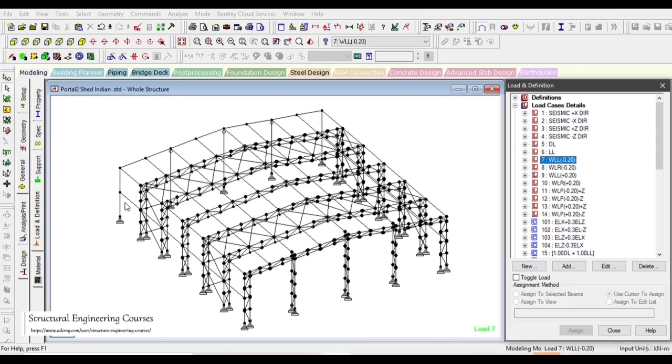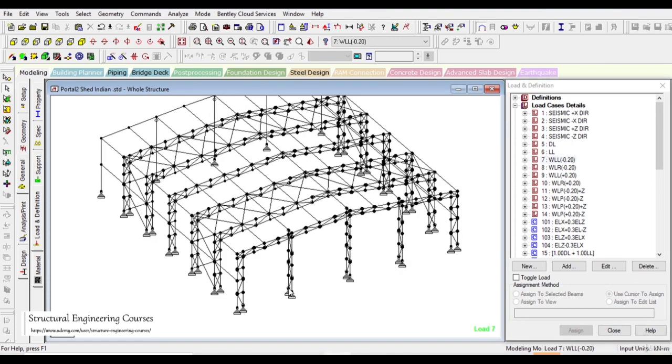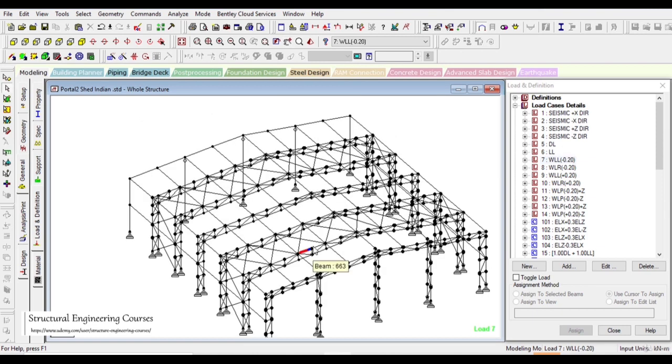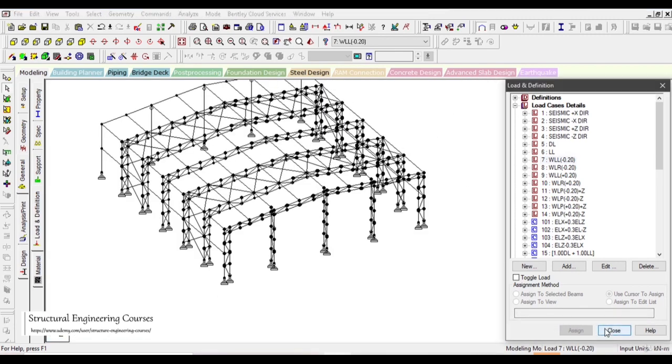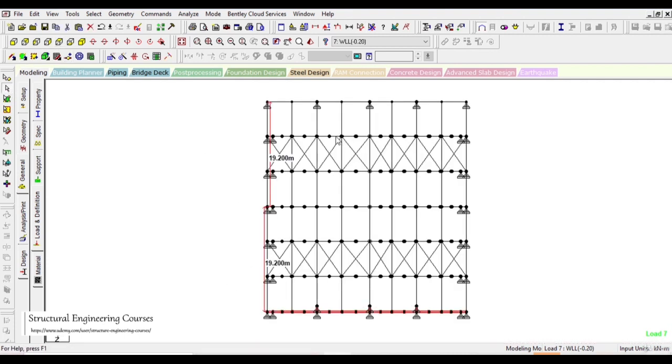Now we shall need to do the same in this gable end also. To save our time, we can copy the new members that we have modeled, and then just do the minor modifications that are required. First of all, we need to see what exactly is the midpoint. Here we can see that this is 19.2 and this is also 19.2. So to be specific, select these two gable ends here,